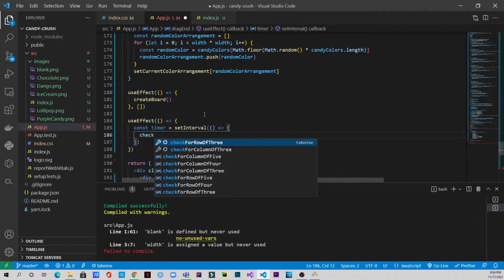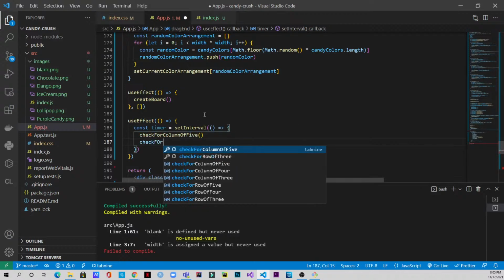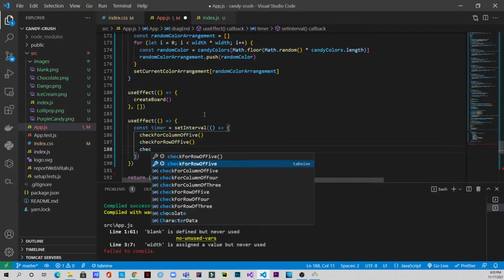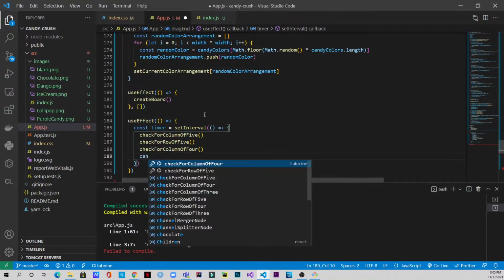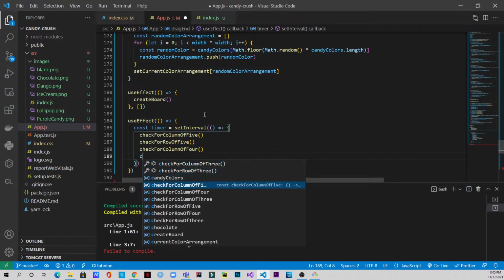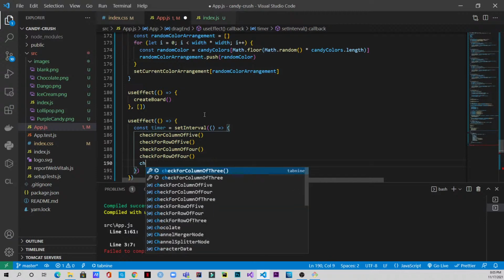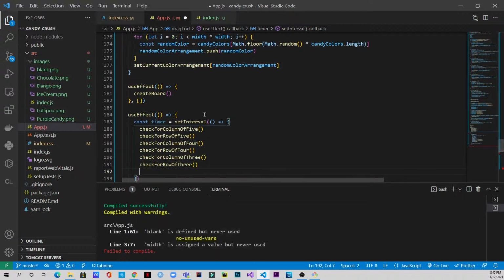First we'll check for column of 5, then we'll check for row of 5, then we'll check for column of 4, then row of 4, then we will check for column of 3, and row of 3. Then we'll have move into square below,